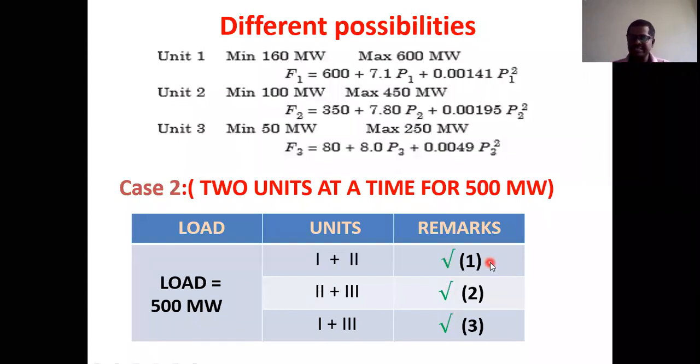This is the first possible condition, this is the second condition, and this is the third condition. Till now, I have given importance to whether I am going to meet the load or not. But how many possible combinations are there in order to meet the load? 3 possible combinations are there. But the point is, what combination do we need to use? Whether we use the first combination, the second combination, or the third combination, because in all 3 conditions, we can meet the load. But what combination must I take?